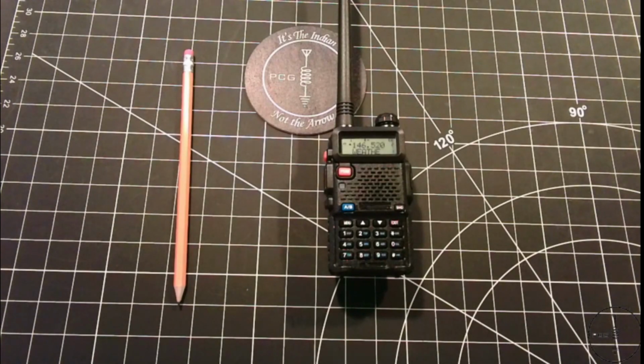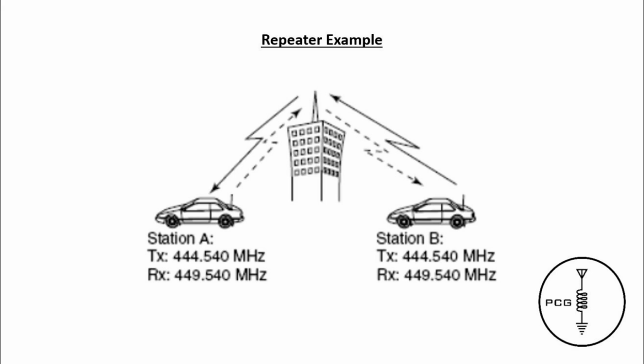Before I cover the steps on how to program a repeater in the UV5R, I wanted to provide a high-level summary of how a duplex repeater operates for those who are not familiar with how they function. And how they work is they receive on one frequency and transmit on another simultaneously by leveraging something called an